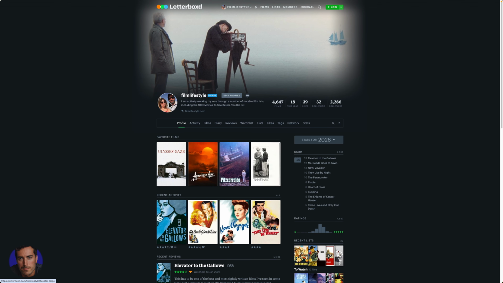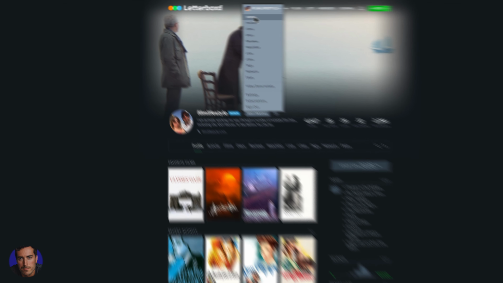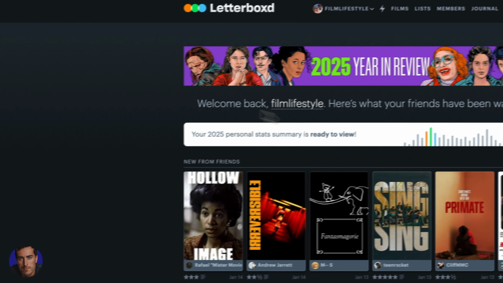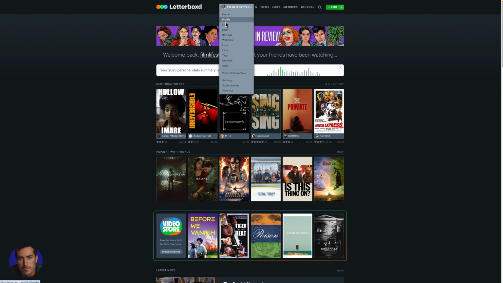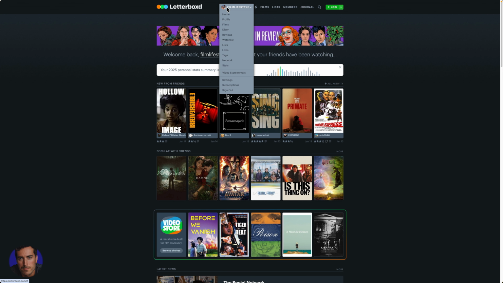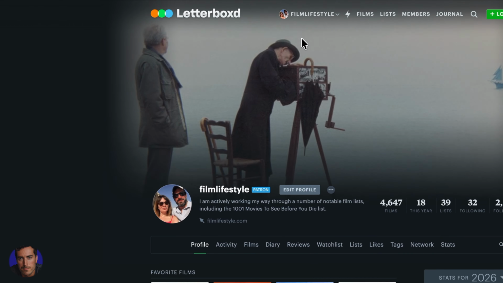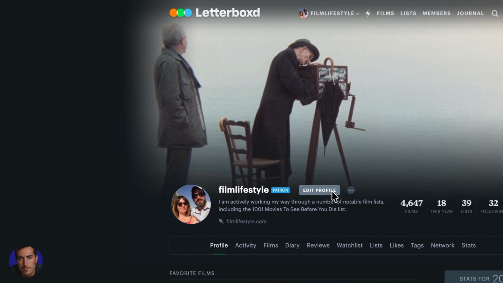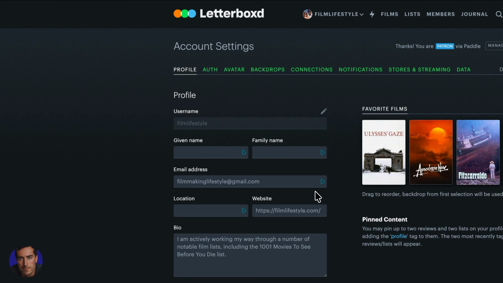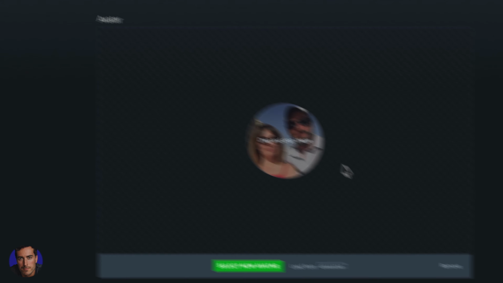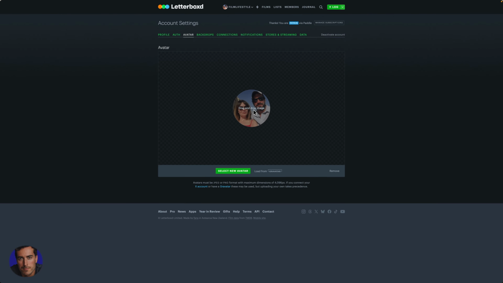But in order to actually change this, you need to be on your profile. So if you're on the homepage right here, you will come up to the picture of yourself if you have one already and you want to change it, or you will just see the username and you'll click profile. Once you're on the main profile, you will then click edit profile, and then we will come over to avatar. Here it's the third one along, and you can drag and drop an image here from your computer, or